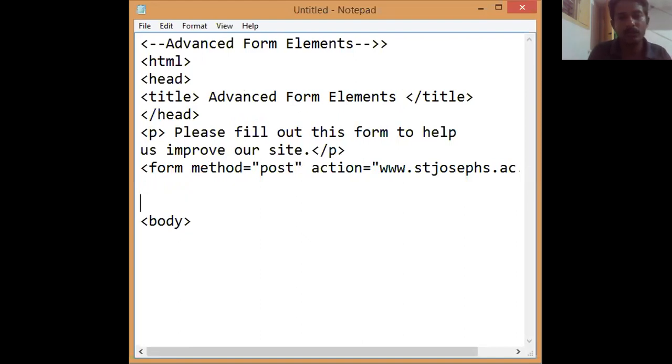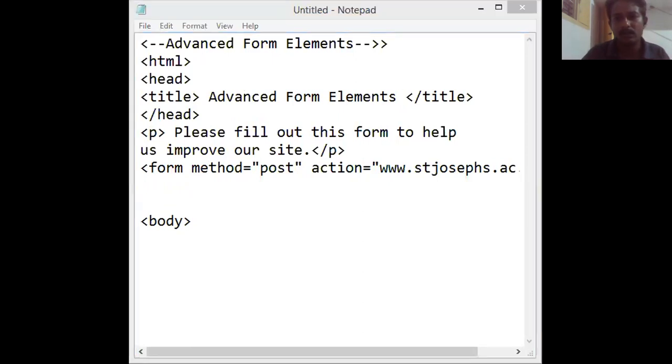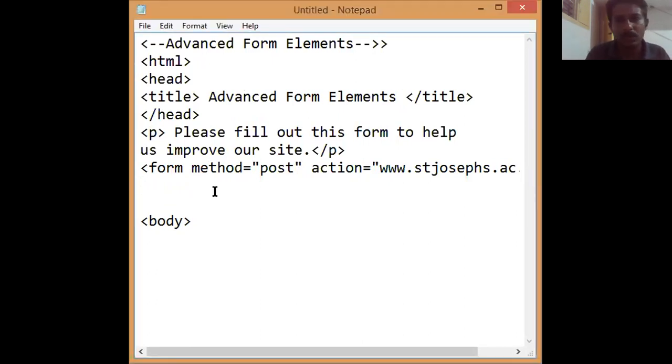Now we are going to create different kinds of form controls. First, I'm going to create text boxes. We can also give a label for the text boxes using the label tag. Between these label tags, we have to create the text box.